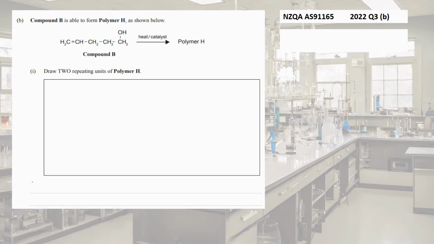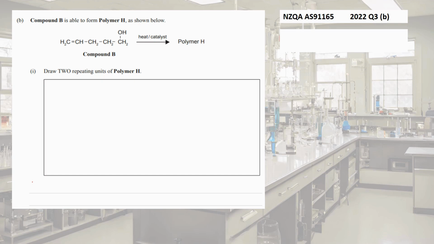The only question to do with polymerization in 2020 was, can you please draw a polymer formed from this reaction? So we take this molecule. What you'll notice here is there is a double bond. Now what I always do if I am going to draw a polymer from this